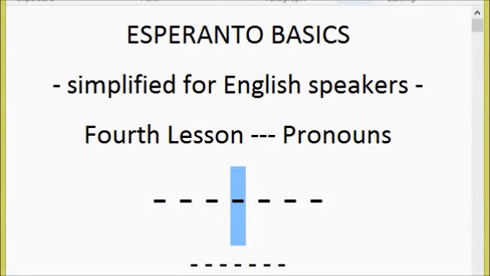I run, mi kuras. I would like to run, mi volas kuri. I want to run, literally translated. So,